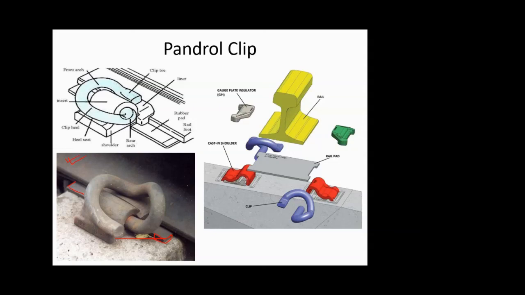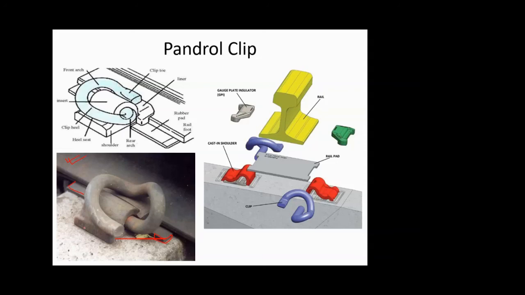So this red one is nothing but the holding component for your pantry clip, and these blue ones are actually the clips, and they fit into this one end, fit into the longer end. It fits into this groove, and the flat end rests on the surface of your flat foot rail. So generally, these pantry clips are only possible to use if you have a flat footed rail.